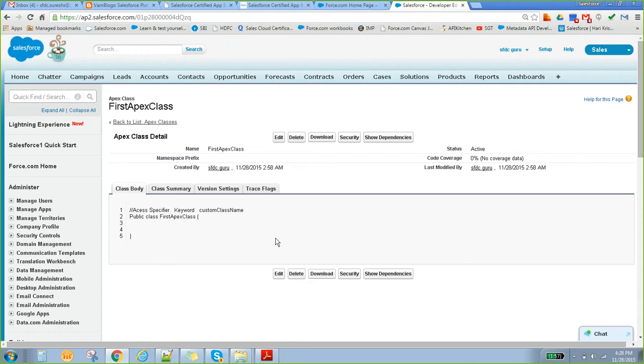The second way: if you come here and click on the drop-down of the name, you can see the Developer Console. Just click on that.